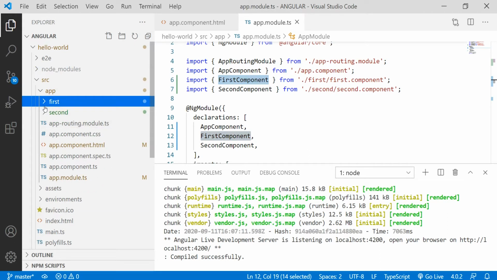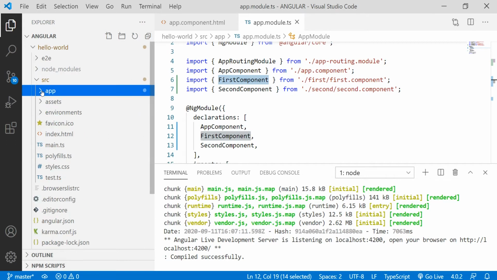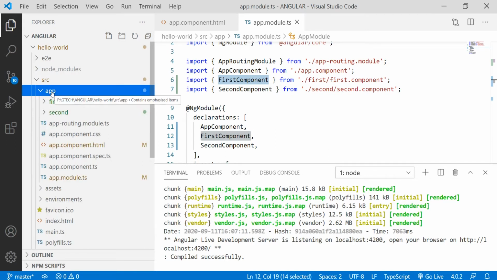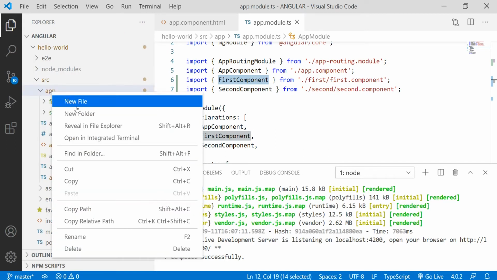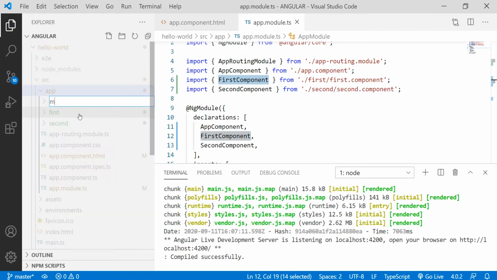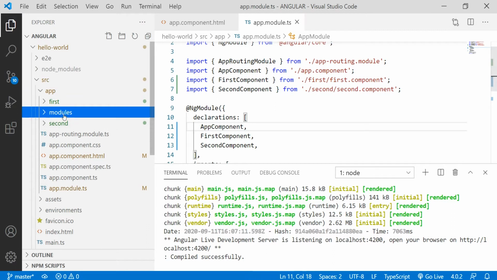Let me create a folder called modules in the src app folder. New folder. So inside this modules folder, let me create our first module.